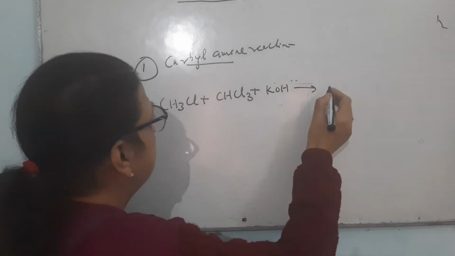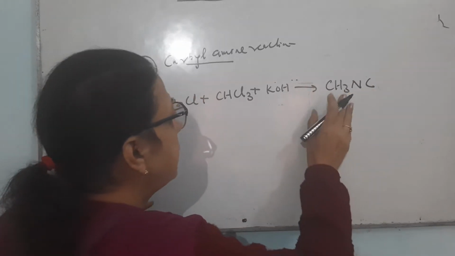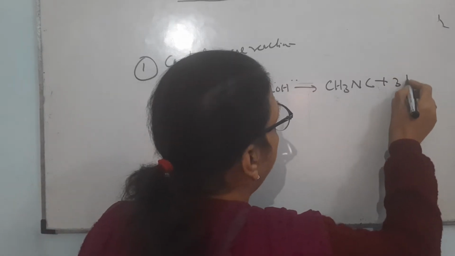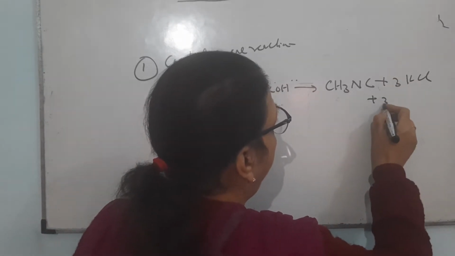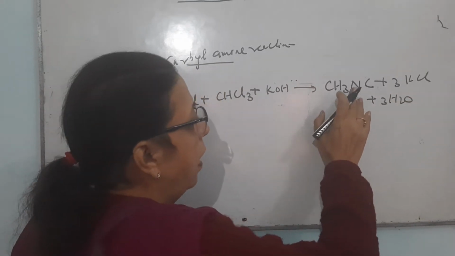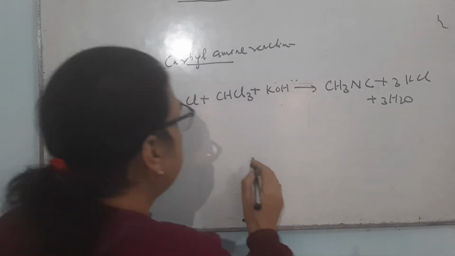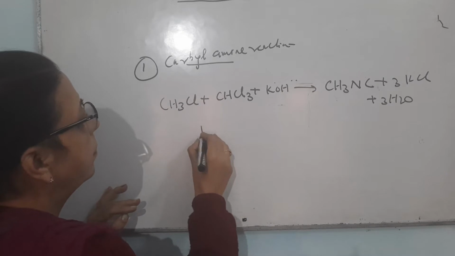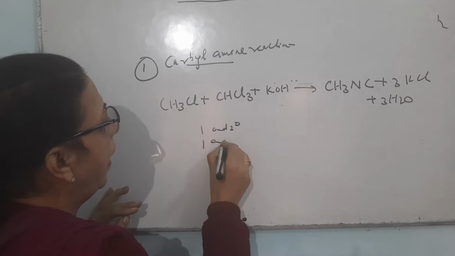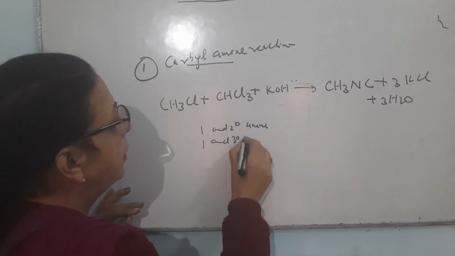It will make methyl isocyanide. This is known by the name of carbylamine. There will be formation of potassium chloride and water. This carbylamine has a very unpleasant smell. This is used to distinguish between primary and secondary or primary and tertiary amines, because primary amine only gives this test,